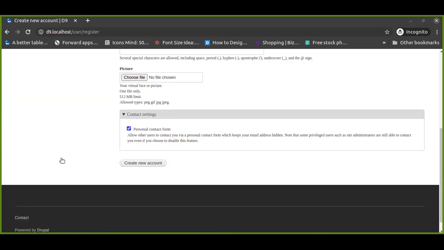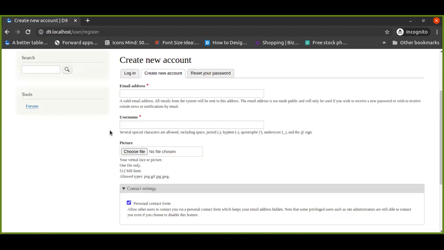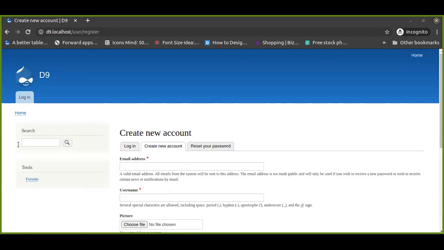There you need to create a user account. By default, you can configure the user role. Otherwise, if the user comes via this registration form, it will come to your approval, which means you can check the roles here.